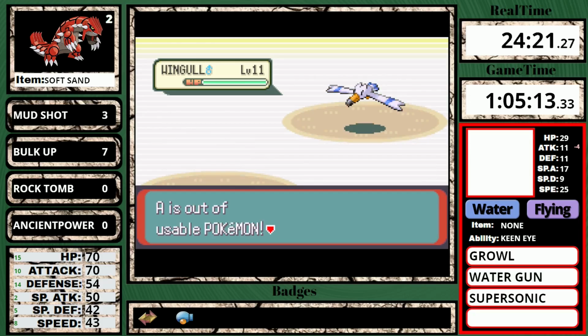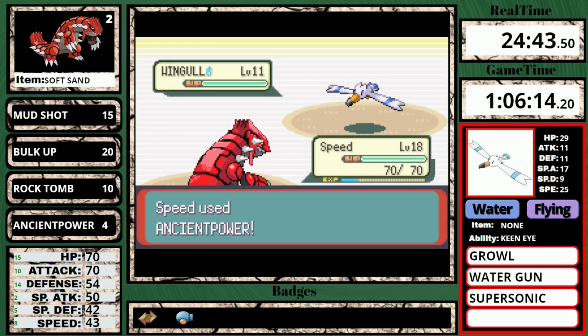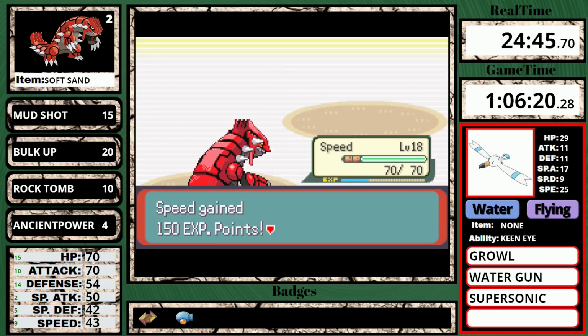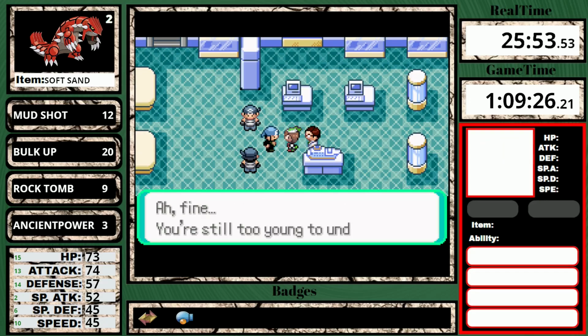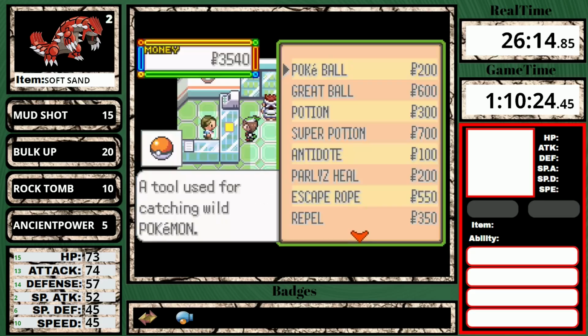But in no time at all, I am able to get everything to black out, and I'm able to come back to this guy and fight him again, so yeah, that was definitely a massive time loss. And then I can arrive in Slateport City, return the parts to Captain Stern,